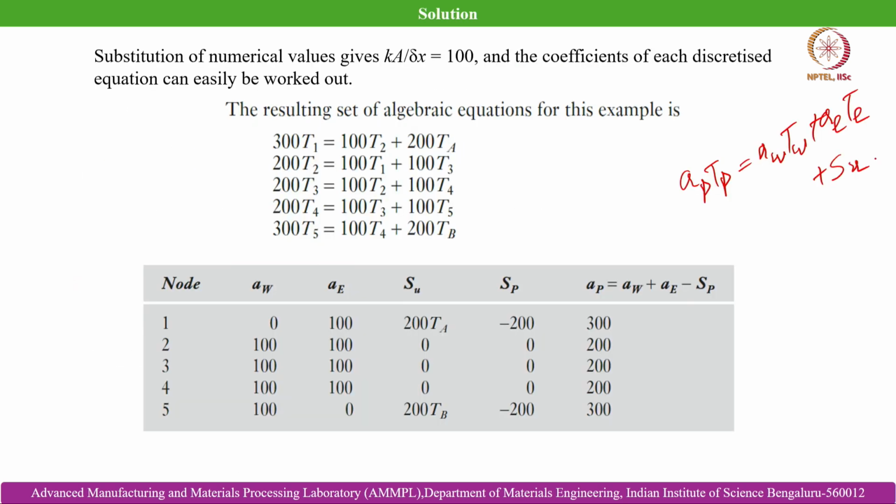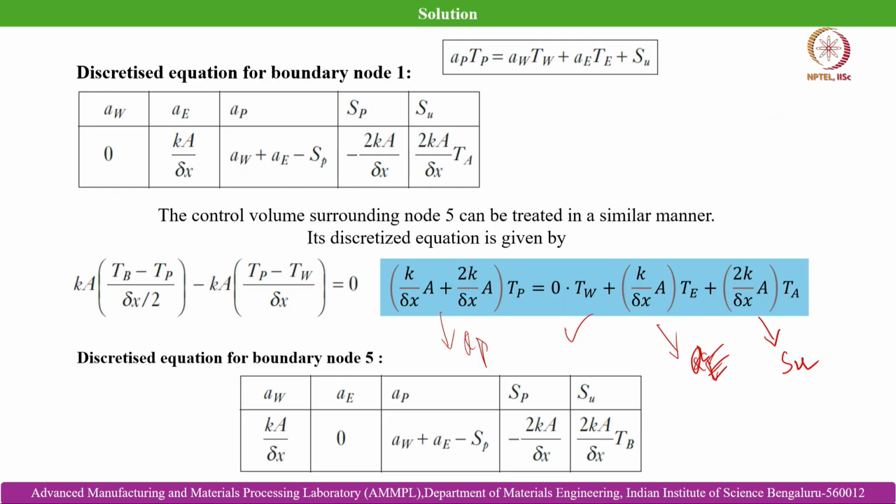If you put the values of AP, AW, AE and SU identified at each of the nodes of this rod that we have discretized before, so 1, 2, 3, 4 and 5, then